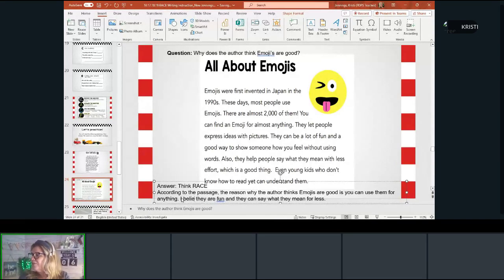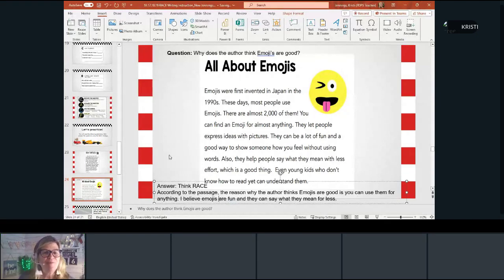I believe emojis are, it's not apostrophe S. Emojis are, I'm going to take out they because I've already put in emojis. I believe emojis are fun and they can say what they mean for less. And that's in here too. Okay. Now let's read the